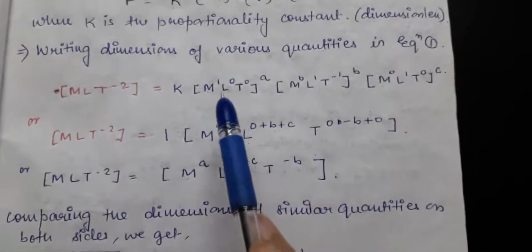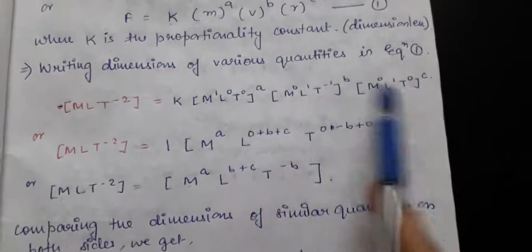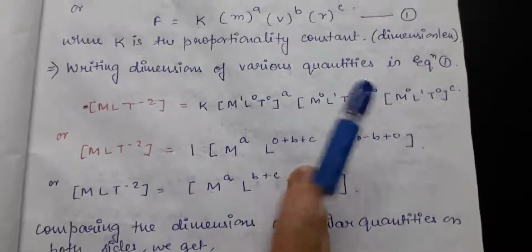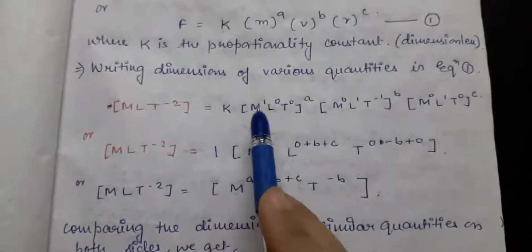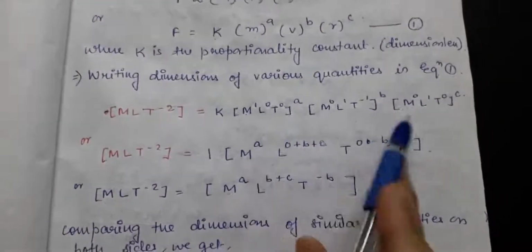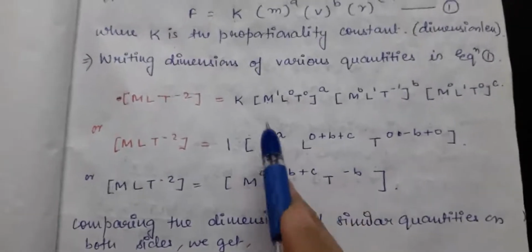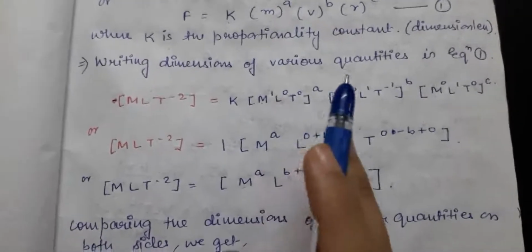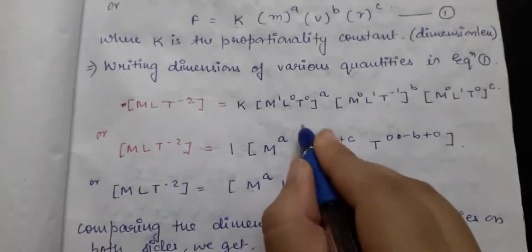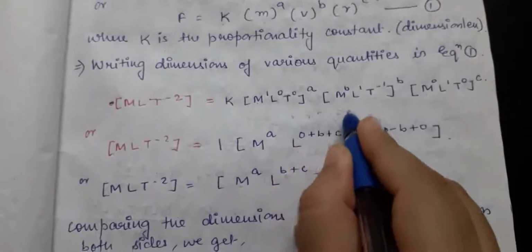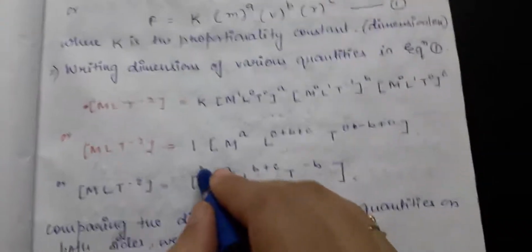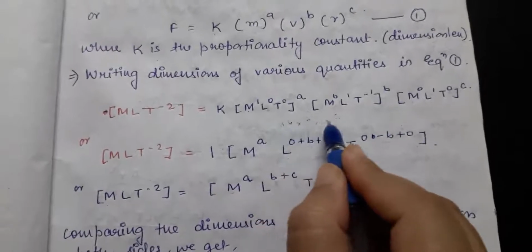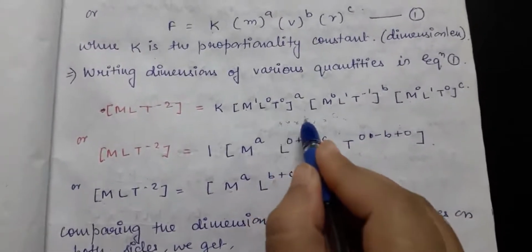Here we can see that there are 3 M, 3 L and 3 T, and all these physical quantities are in multiplication with some powers A, B, C. So what can we do now? Let us merge all the M together, all the L together and all the T together. How to do this? Since we know that if we multiply any three functions, their powers add up. In the maths we have studied, if we have been given x to the power A, x to the power B and x to the power C, and all these x's are in multiplication, we can write x to the power A plus B plus C.